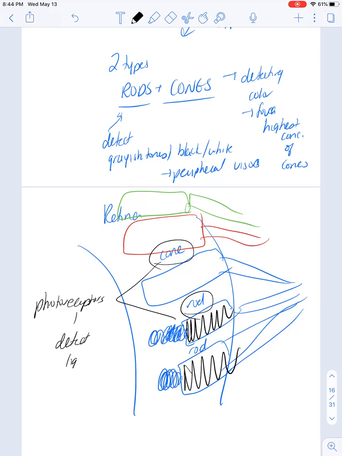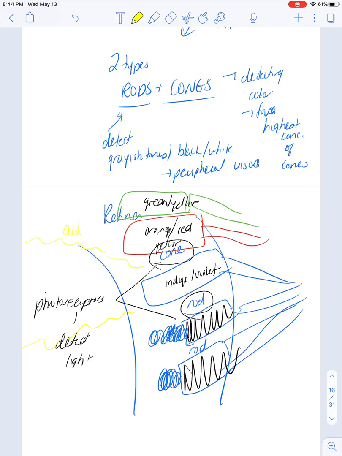These are the ones that detect the light, and they detect specific wavelengths of light. So this one would detect the indigo violet. This one would detect the orange, red, yellow. This one would detect the green, sorry, green, yellow here, sort of like that. What each one of these cones does is detect certain wavelengths of light. So that means when light hits the retina,